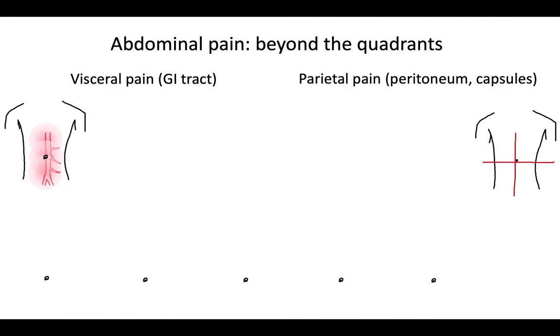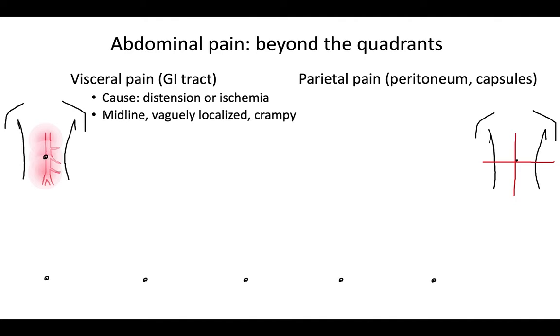So, sensory input from the abdominal cavity travels via one of two main pathways. Visceral pain is from the innervation of the actual gastrointestinal tract. It is caused by either distension or ischemia of the gut lumen. It is experienced as midline, vaguely localized, crampy pain, and it is mapped by the distribution of arterial supply to